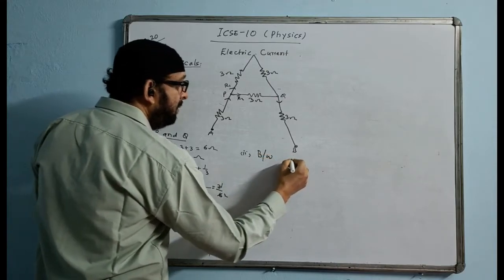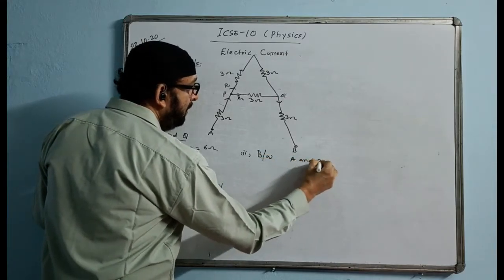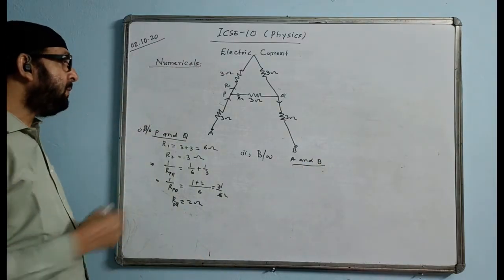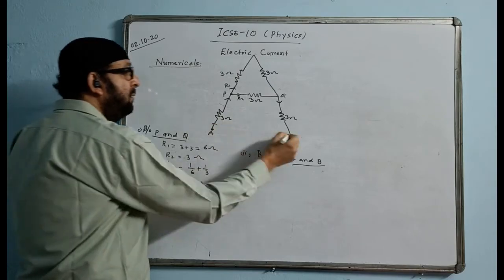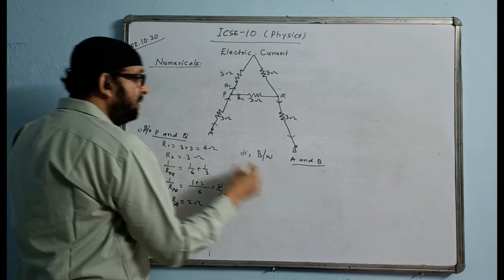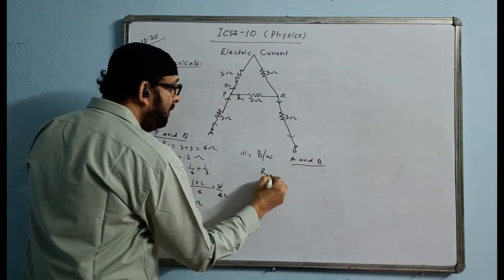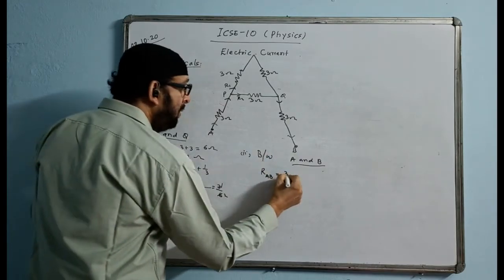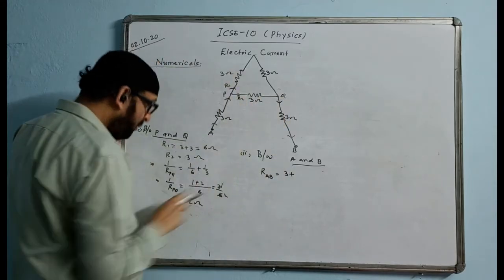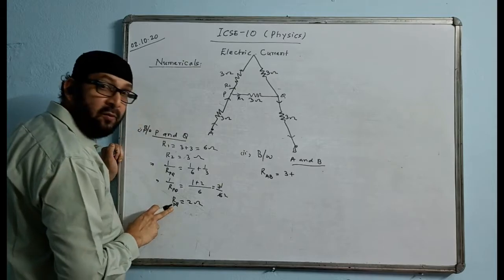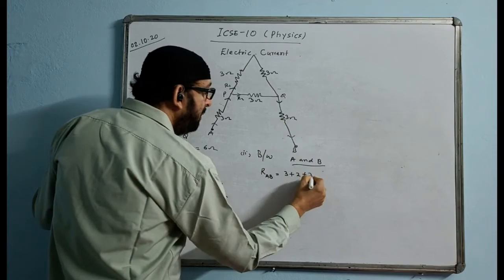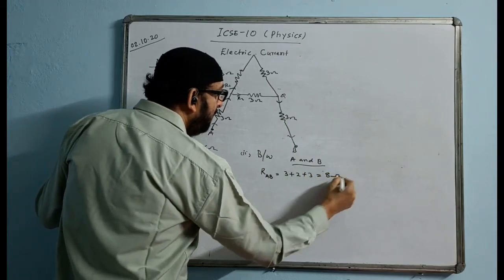Now between A and B. We have to find between A and B. Through A the current starts and through B the current will go like this, PQ and then this way. The same way we do now. R between AB, the answer will come 3 ohm, plus this part PQ will not take 3 ohm alone, we will take that together, the total value of resistance between PQ that is coming 2 ohm. 2 ohm and out here is 3. We will add all of this, the answer will come 8 ohm.